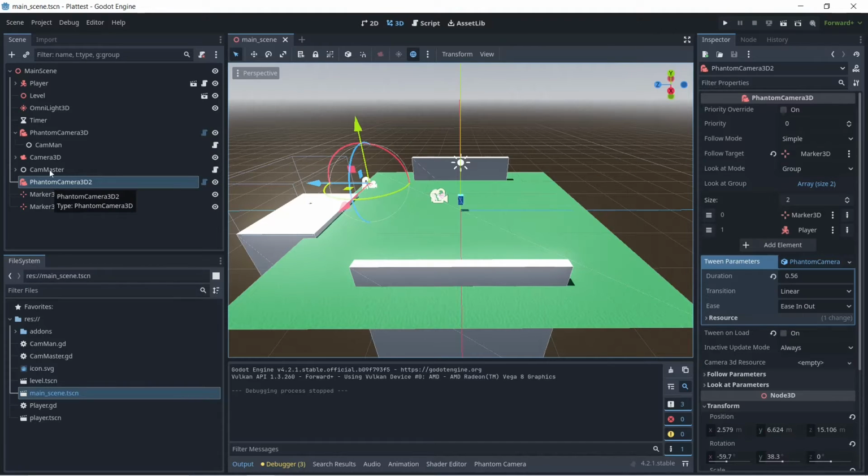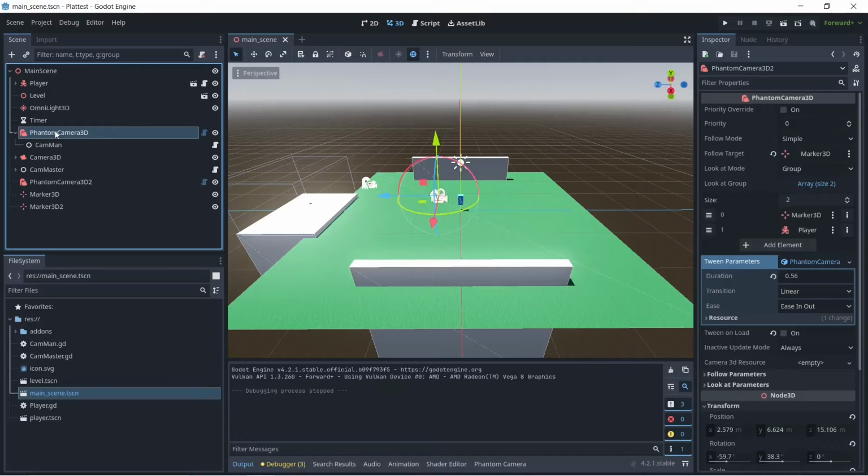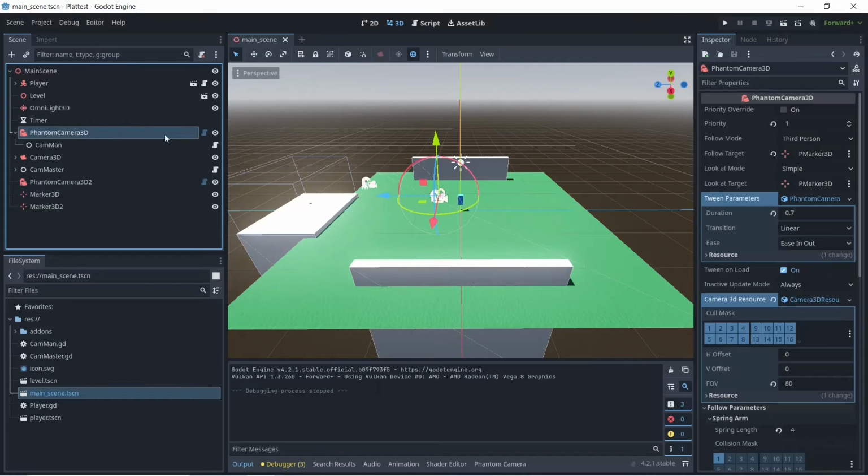And if we look at the priorities, I'm simply changing the priority between the two. Here I have a priority of 1, but when you get into the platform, you can see that it has an area. And when you get into the area, then it changes